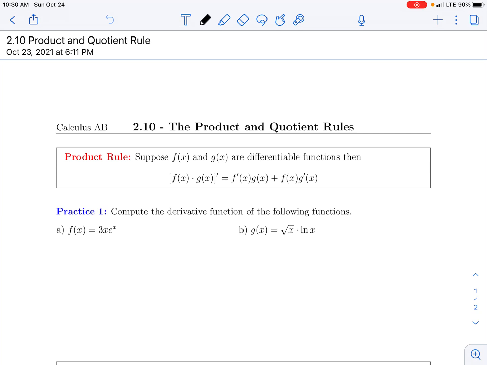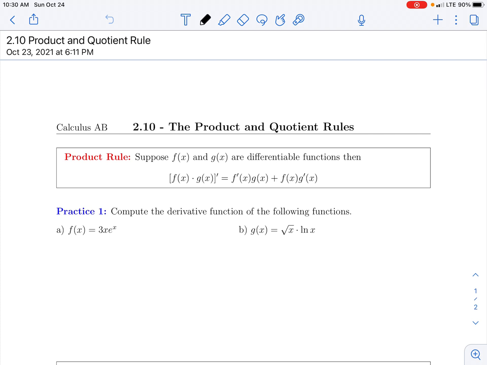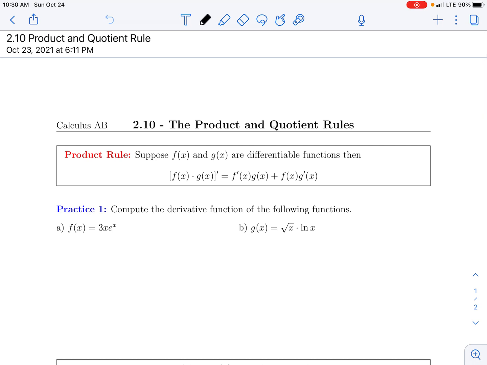Hello everyone. So today we're going to talk about the product and quotient rules. So if I have the derivative of two functions being multiplied together, how do I know how to find the derivative? Well, here below is the product rule. So if I have a product of two functions here, if I have f of x times g of x, the derivative is just the derivative of the first function times the second plus the first function times the derivative